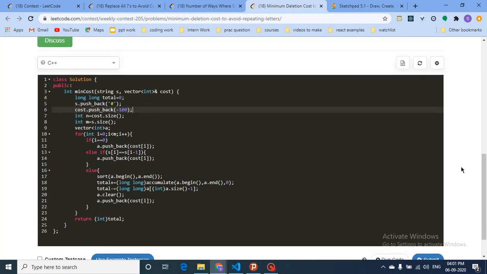I hope you understand the logic as well as the code. The last problem is also coming. It's based on DSU, so I am making a separate video on it because it will become very large.